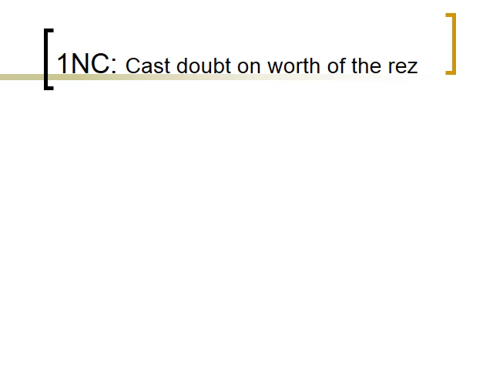The first negative constructive is primarily concerned with casting doubt on the worth of the resolution. Like the 1AC, the 1NC does not have to win the debate round. The 1NC is simply presenting some offensive arguments to make the judge go, maybe the affirmative isn't such a great